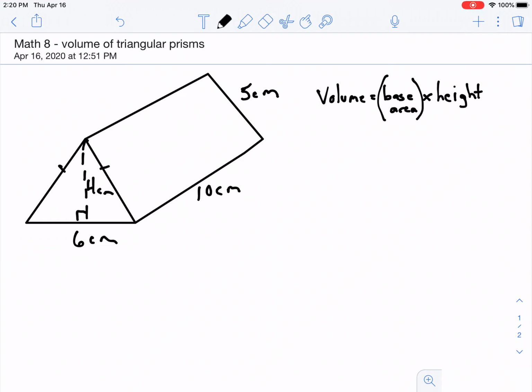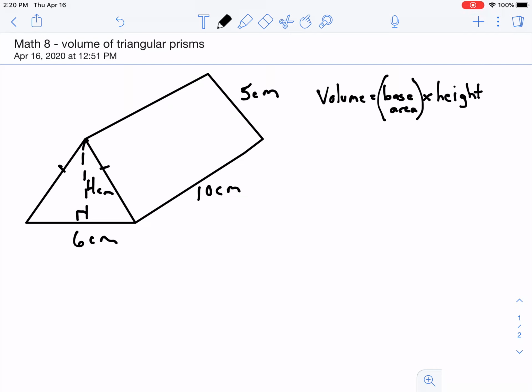Hey guys, I just want to do a quick lesson on finding the volume of a triangular prism. First off, I want to go back to the idea of why, when we look at the shape that's drawn here, we call it a triangular prism. All of you know it's a triangular prism because it has two ends that are triangles, and we call that